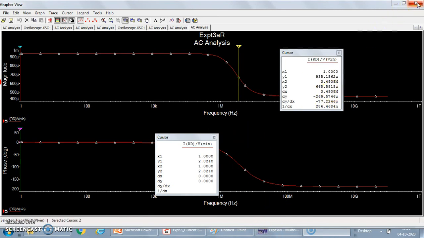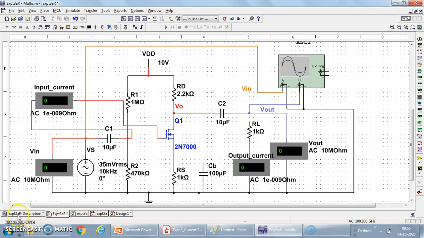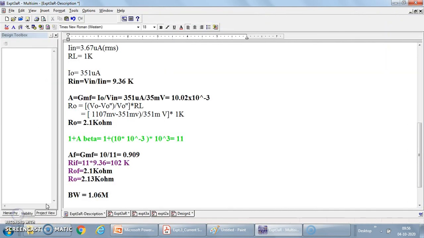Now I will close this. So in the description box we'll write bandwidth. This is the bandwidth with feedback. Its value comes out to be 3.5 megahertz, and here it was 1.06 megahertz. Now we can compare the parameters. Here the scaling is not up to 11, but its value comes out to be multiplied by about 3.5. But yes, of course, with feedback the bandwidth has increased to 3.5 megahertz.